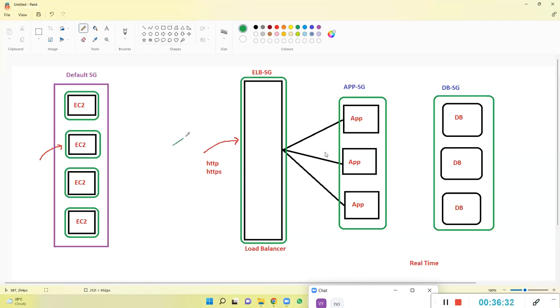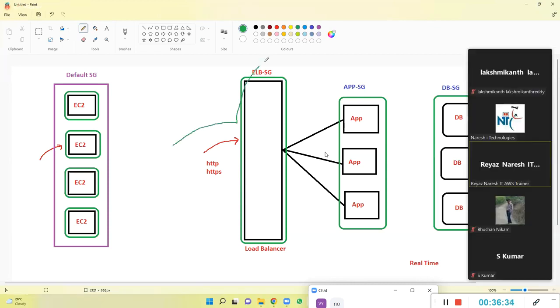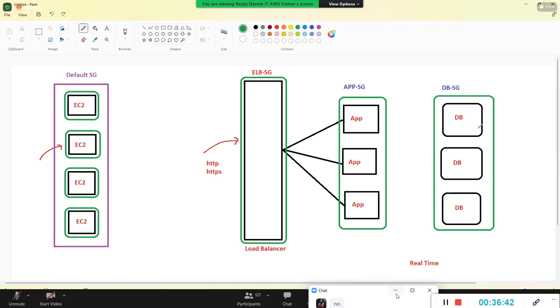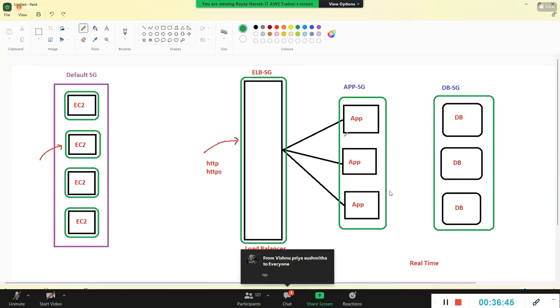Okay, now see, all the traffic is coming to this security group. Will it go like this directly? No, no. So we can also secure it like this. See,